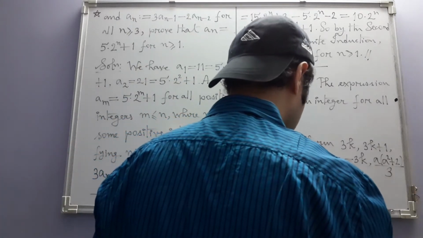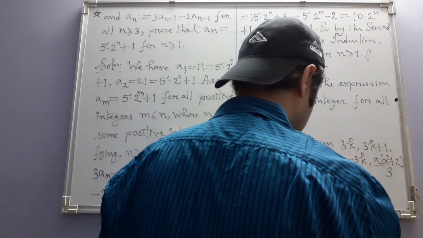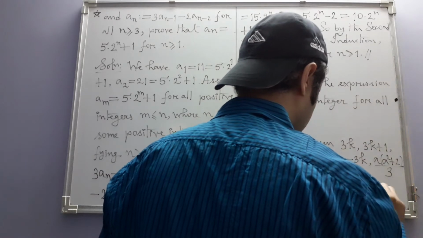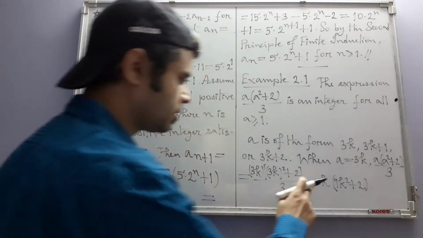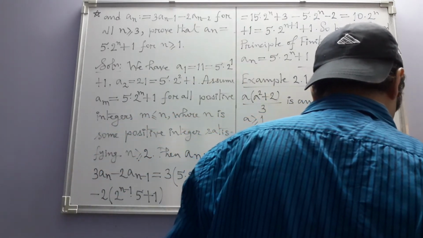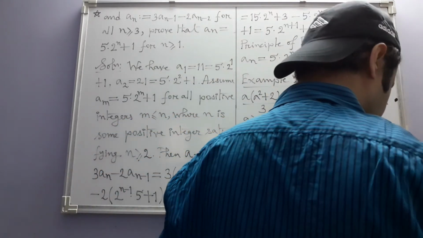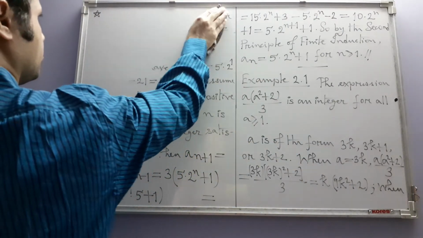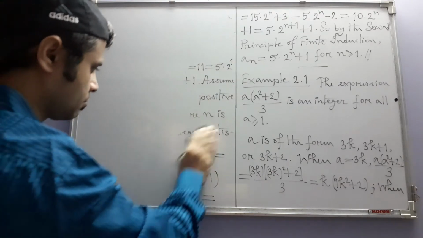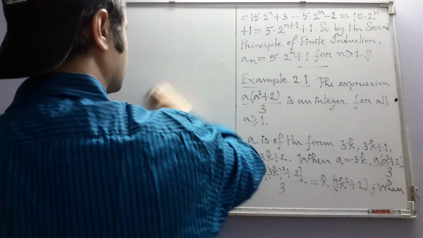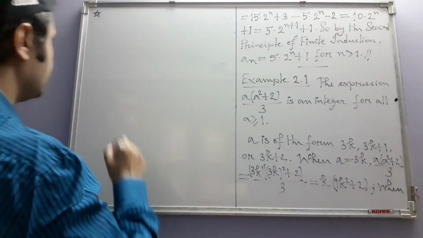So this becomes equal to k times 9k square plus 2. So this is an integer, product of two integers. Then when a is